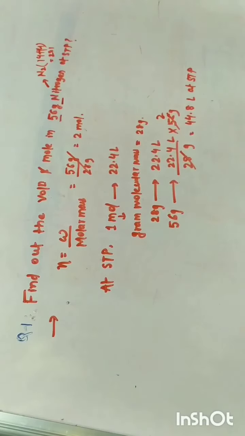Now oxygen exists as O2. So while we calculate the molar mass, we will not calculate the molar mass of the oxygen atom only. We will calculate the molecular mass of oxygen, that is the mass of O2, right? Now in our question volume is given, so we know that number of moles in terms of volume is volume in liter by 22.4 liter. So volume is given 11.2 liter by 22.4 liter, that is 1 by 2.